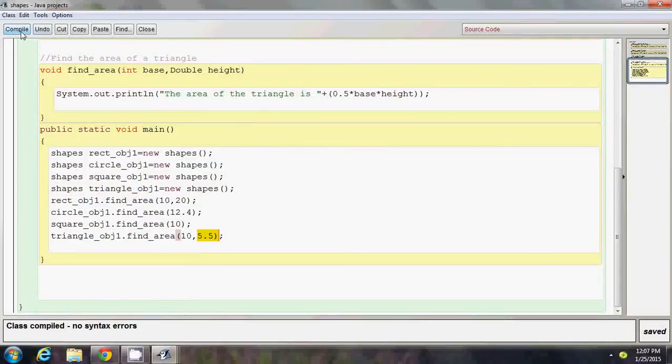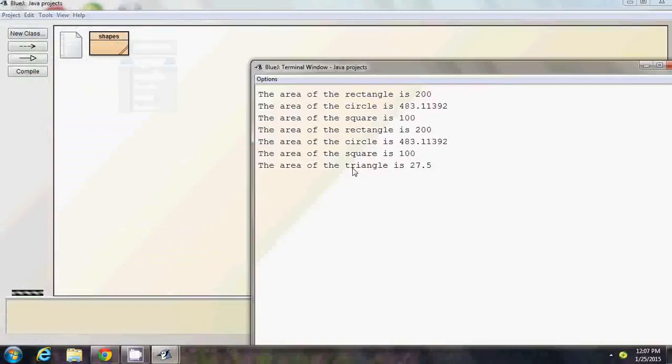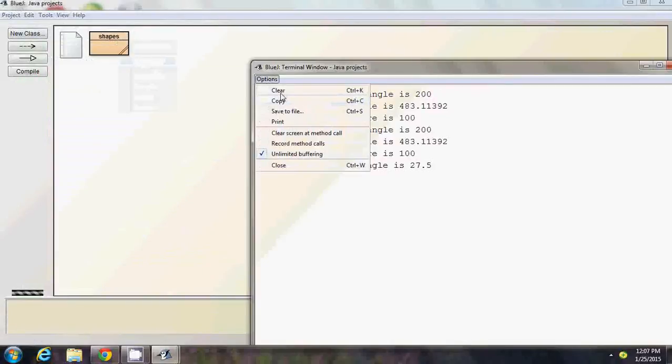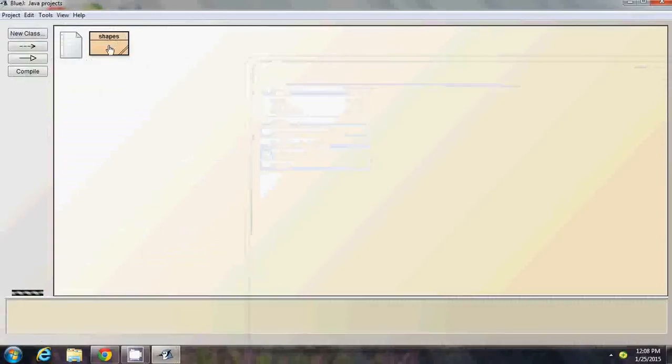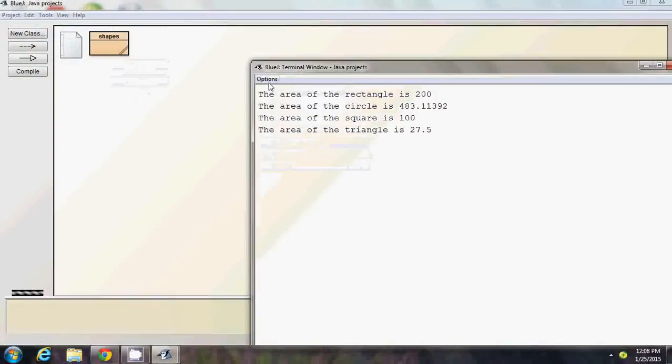Compile it. No syntax errors. Close it. Call the main. See the area of the... Let me clear the previous outputs. Let me close it. Let me rerun the program once again. See the area of the rectangle is 200. Circle, square, and triangle. Triangle. Now